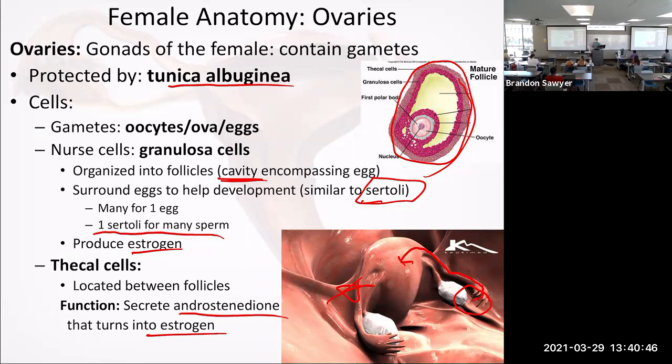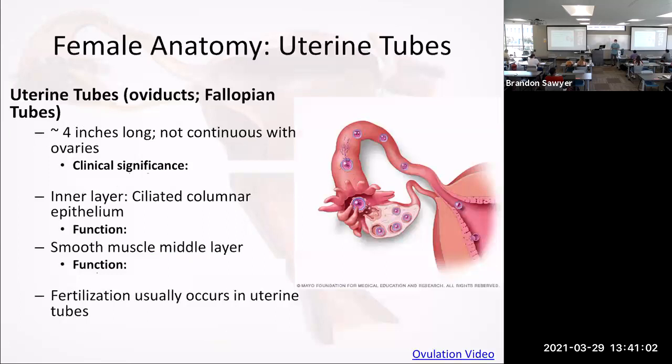So it makes kind of sense now when you understand that those two structures aren't connected all the time. They actually have to come and grab onto that egg in order to get it. So any questions about that so far? Okay. All right, so with those uterine tubes,